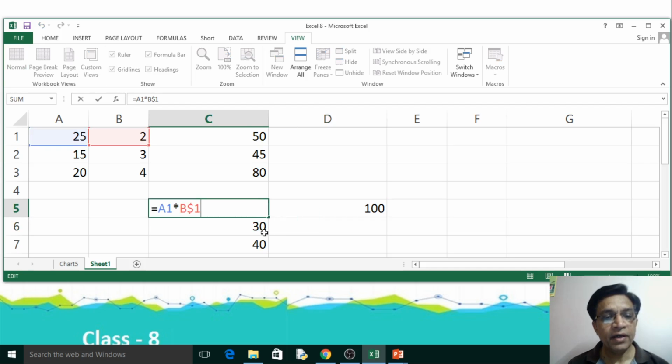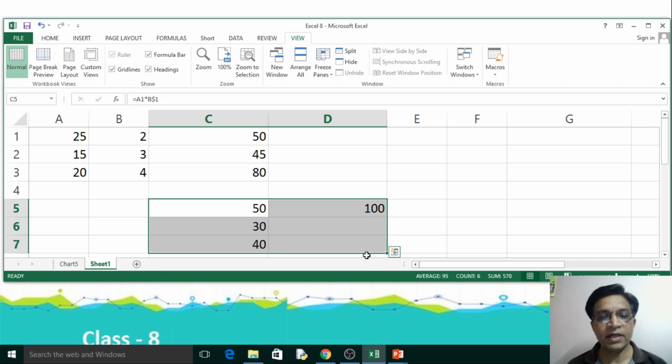In the same way, if I select all these cells by pressing the shift key and drag it, every corresponding value gets multiplied by 45.